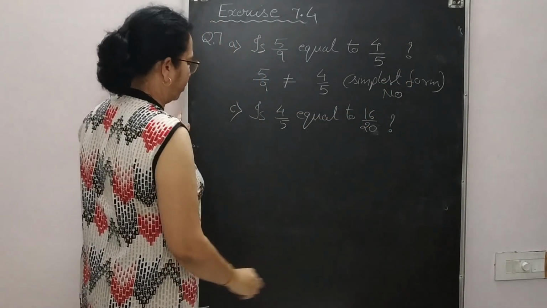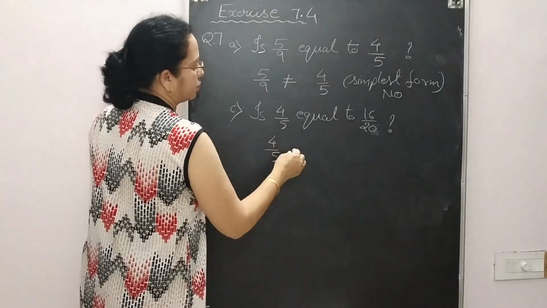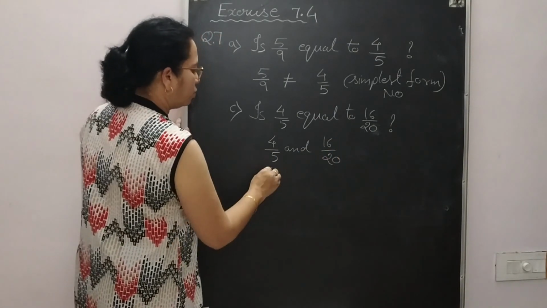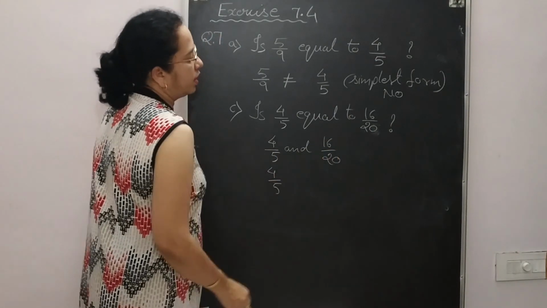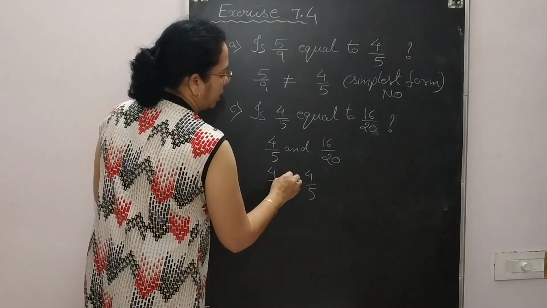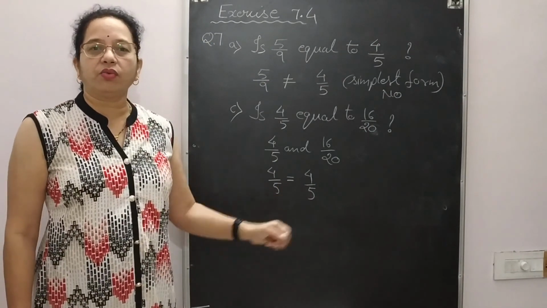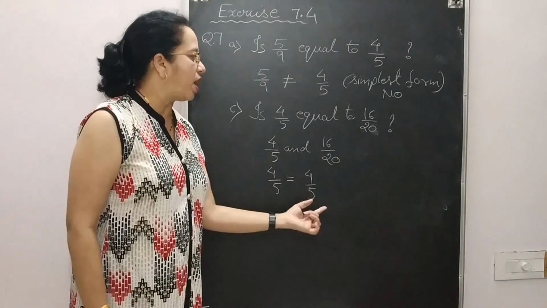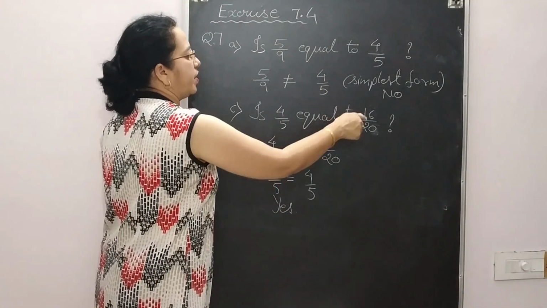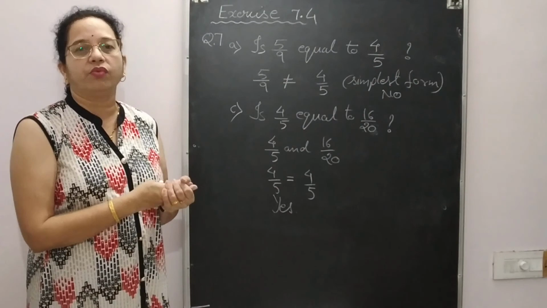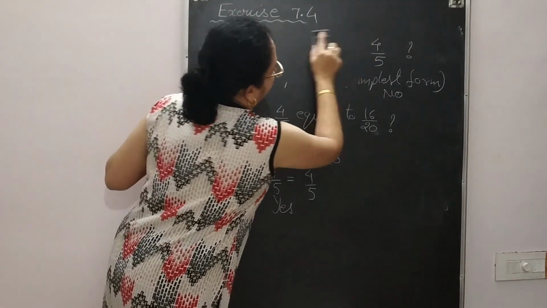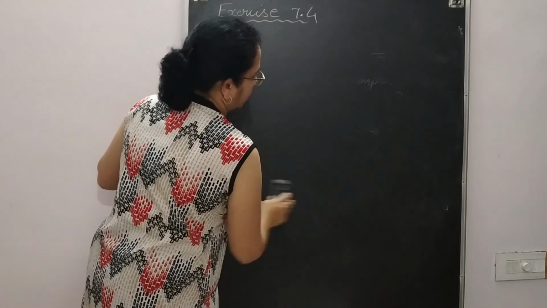Here your answer is no, they are not equal. Okay. So we have two numbers, 4 upon 5 and 16 upon 20. We can convert into simplest form. So you can say that the number is divisible by 4. So 4 4s are 16, 4 5s are 20. So can we say that these two are equal? Since these two are equal, yes, these two fractions 4 upon 5 and 16 upon 20 are equal. They are equivalent fractions. So same thing, way of asking is different, but we are doing the same thing.